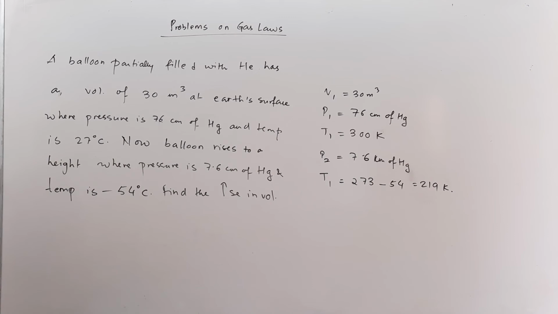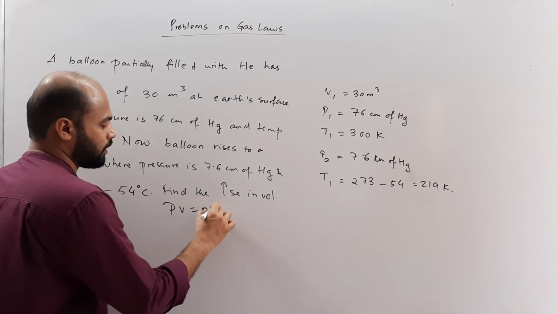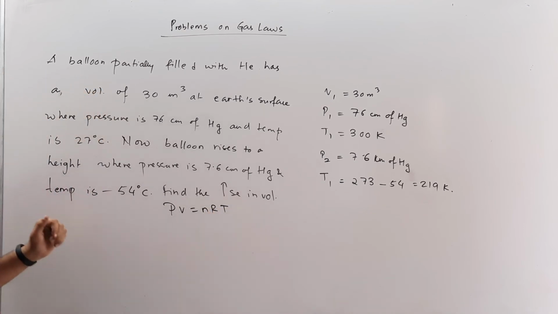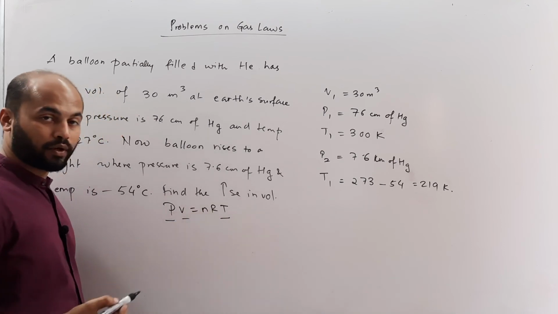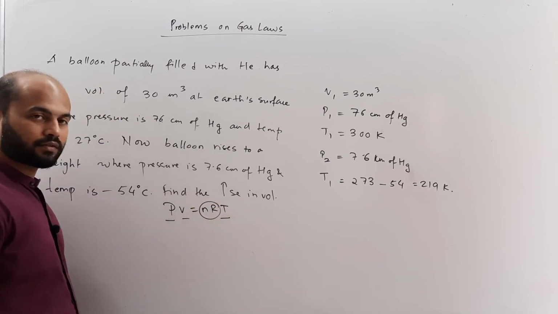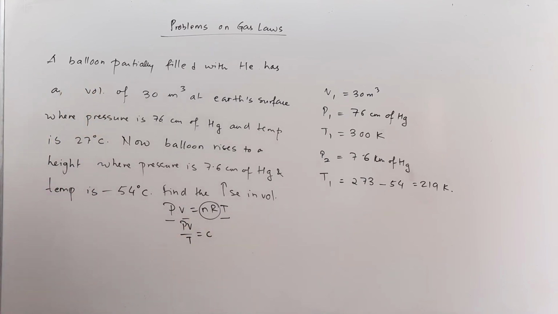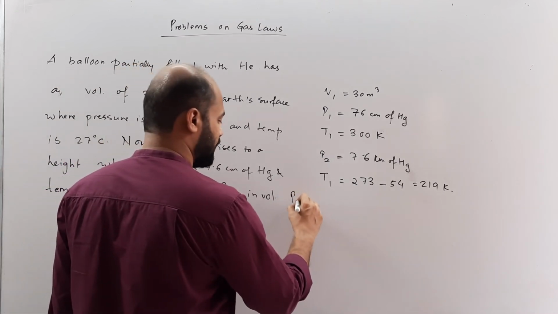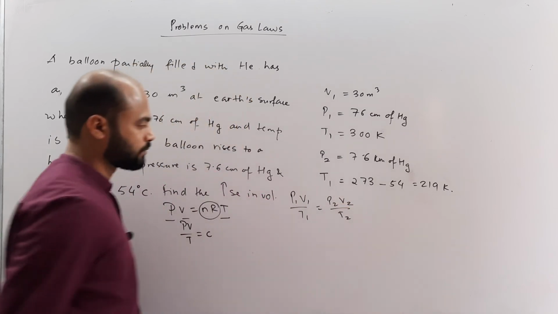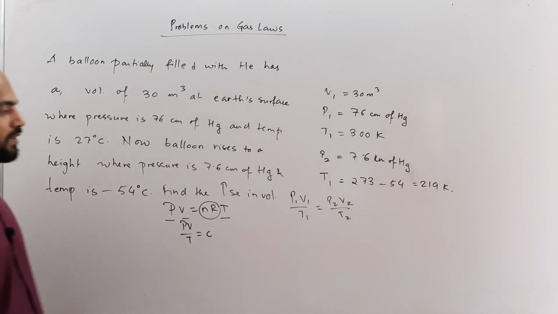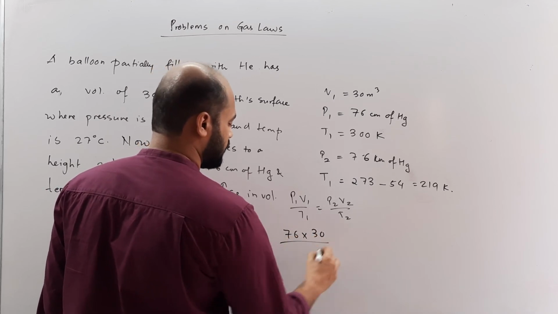So let's make use of all the data that we have just found, and we are going to use the equation PV equals nRT. Now if I make use of all this data, we see that pressure, volume and temperature all are varying at one point and nR is the only constant. So we can say that PV by T is a constant. We can use this equation in this particular problem, and we can say that P1 V1 by T1 is P2 V2 by T2. So P1 is 76 given to us, volume is given to us earlier as 30,